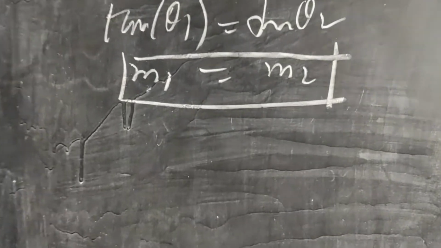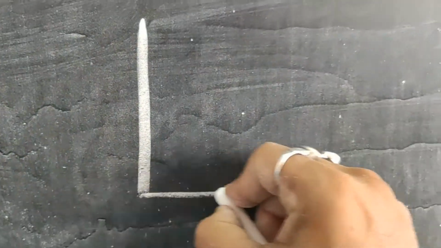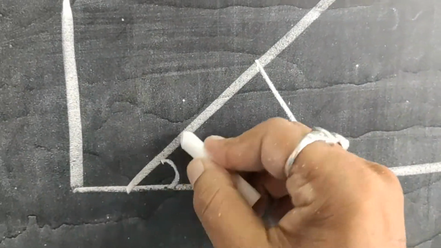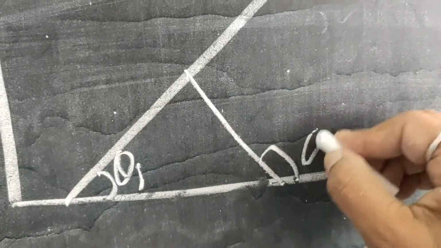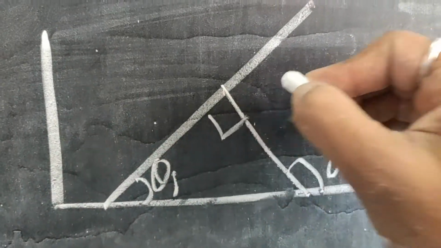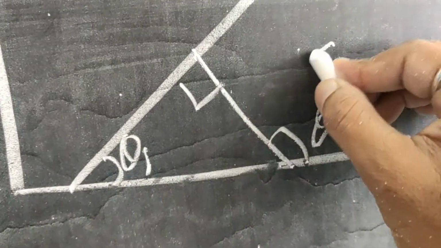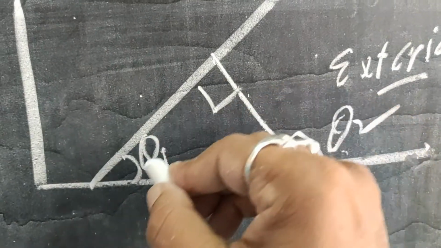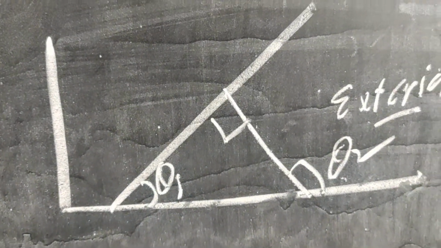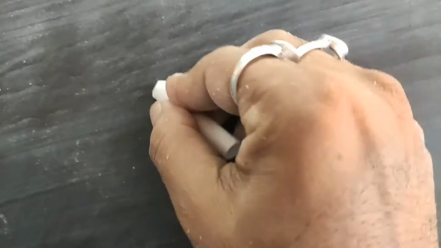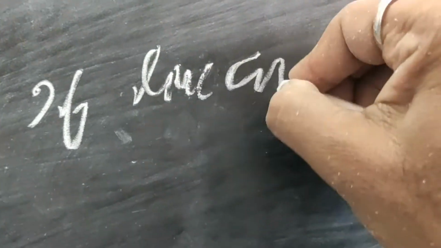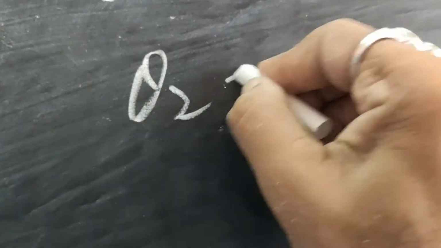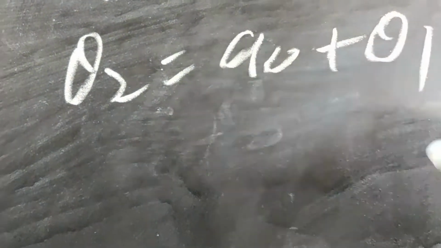So student, if lines are perpendicular to each other, what can we see here? Let here be theta 1, here is theta 2, their inclination, they are perpendicular lines. So exterior angle theta 2 will be equal to 90 plus theta 1. So if lines are perpendicular, then from the figure theta 2 equals 90 plus theta 1,